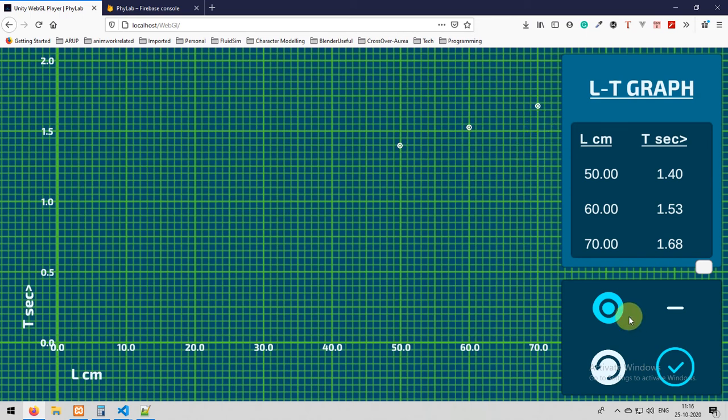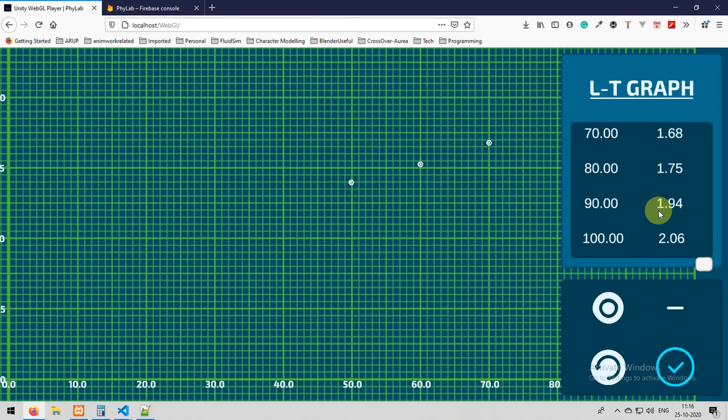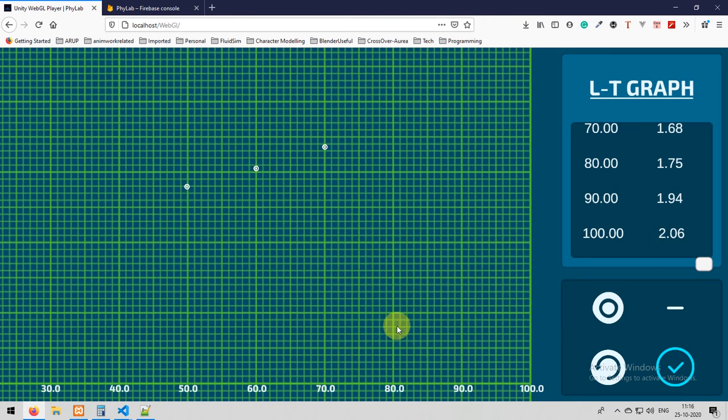If you are finding it hard, then you can zoom in. Okay, come on, place it, try to place it first.